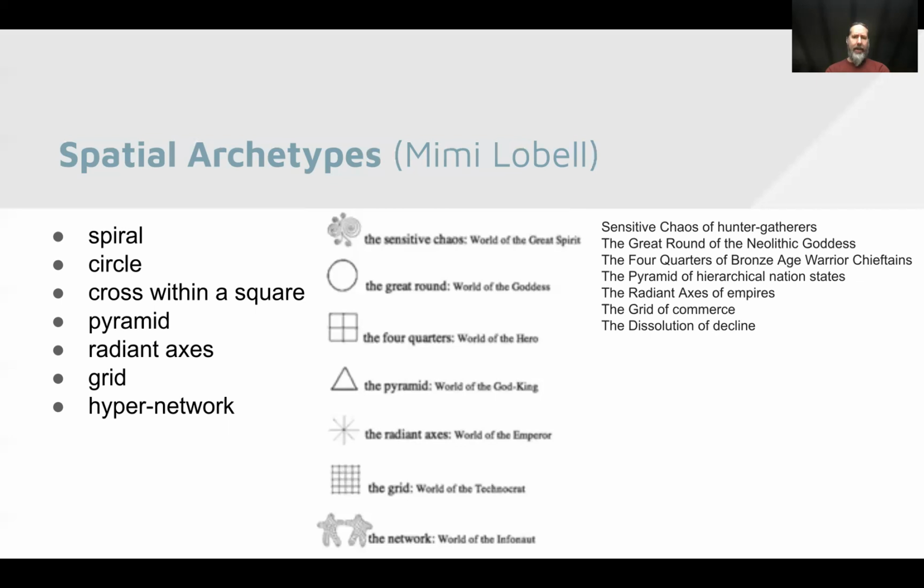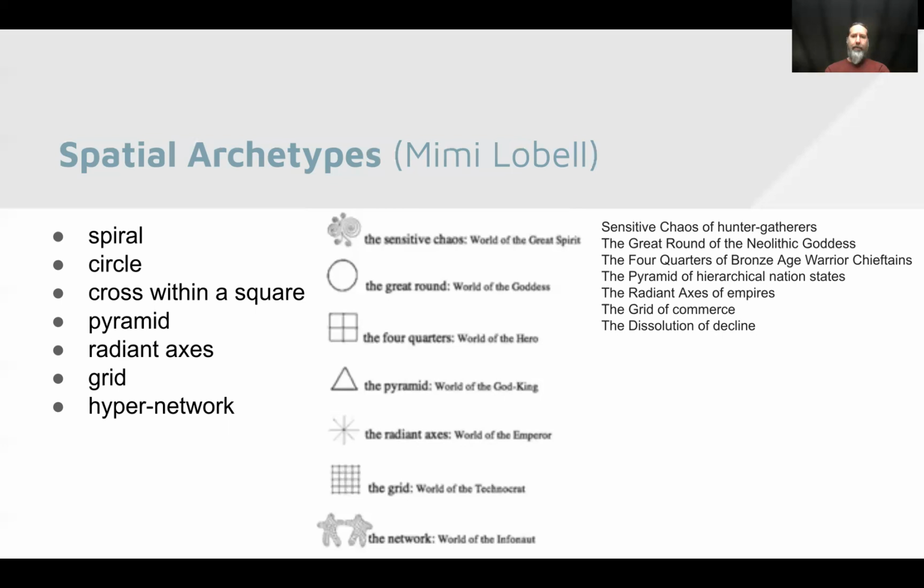Then pyramids started showing up when you have hierarchical nation states. We talked about hierarchy in architecture last week, as an ordering principle, and this manifested in pyramid shapes. Then as we got to empire, we started having radiating axes, like roads spreading out from a center in all directions, a representation of imperialism.